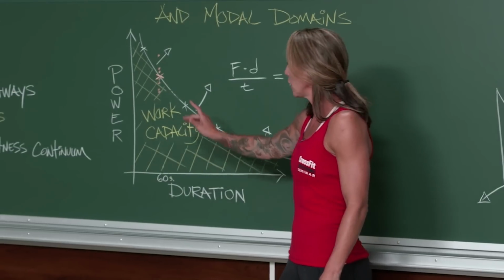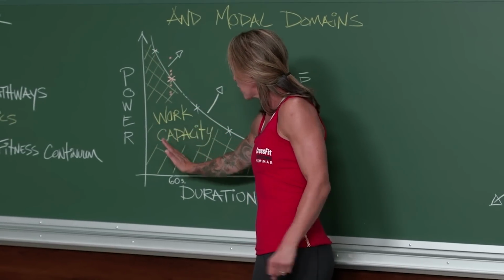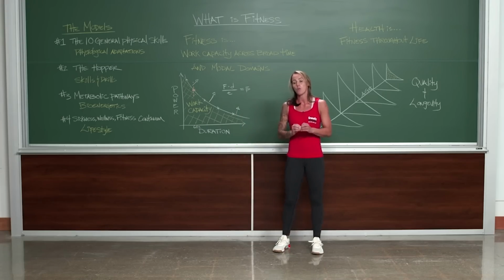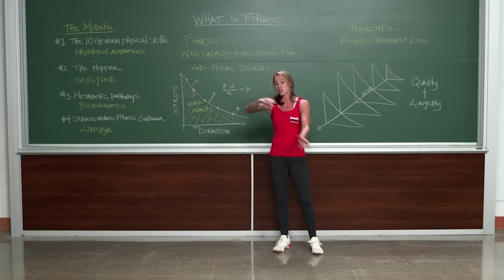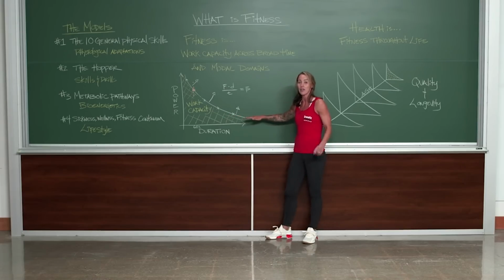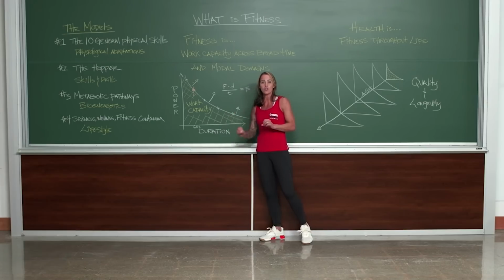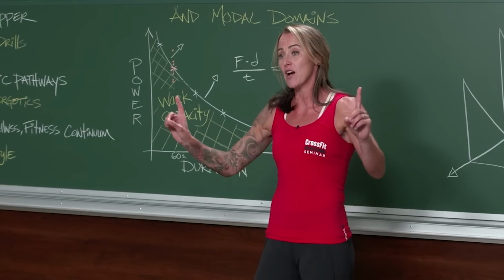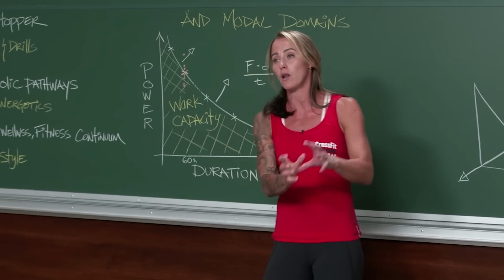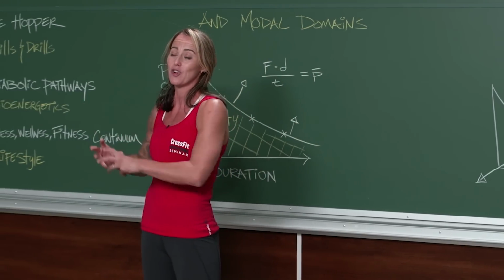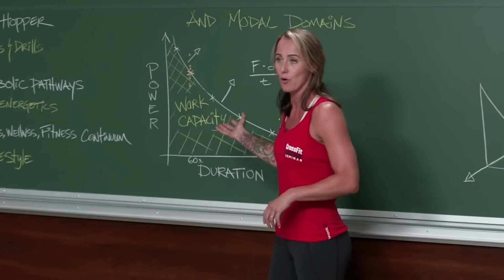Now, we take a look at what the specialist curve would look like relative to the CrossFit athlete's curve. And we'll see that the area under the curve for the CrossFit athlete will be bigger than that of the powerlifter. Go to the other side of the spectrum, the endurance runner, their power is going to start lower and it will actually finish lower, even though they can run relatively fast for long distances. The area under their curve will also be less than the area under the curve for the CrossFit athlete. And once again, there's a price to be paid for specialization, and that's the goal of that athlete. And it's an amazing feat and an accomplishment. Our goal is to be the jack of all trades and master of none, the generalist, as shown right here.